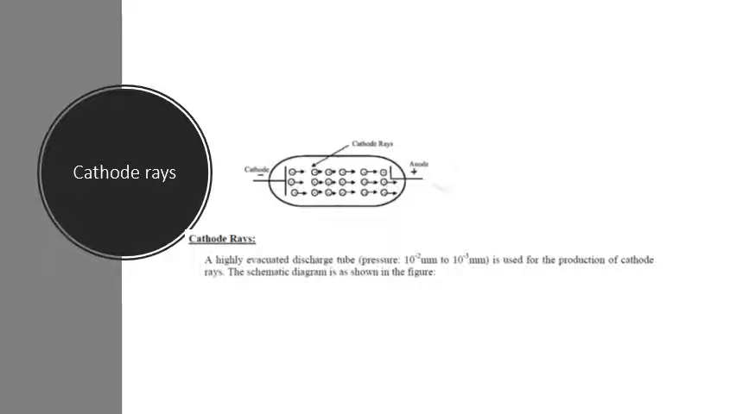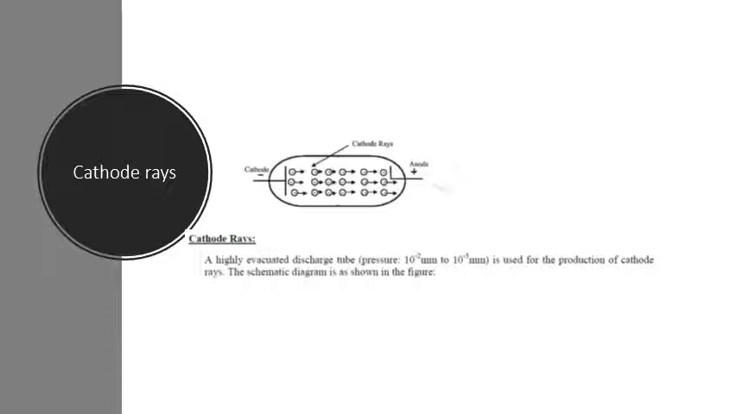A highly evacuated discharge tube. A discharge tube is basically a glass tube which is evacuated very highly, with pressure 10 to the minus 4 mm or 10 to the minus 3 mm. It is used for the production of cathode rays. We will discuss the figure next. But in this figure that is given here,